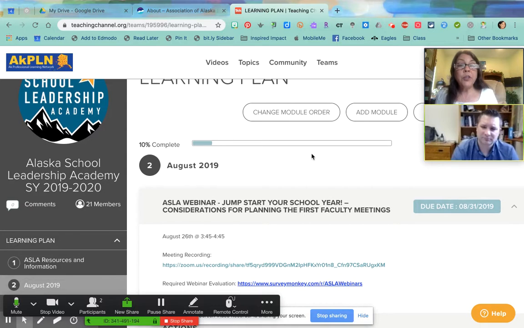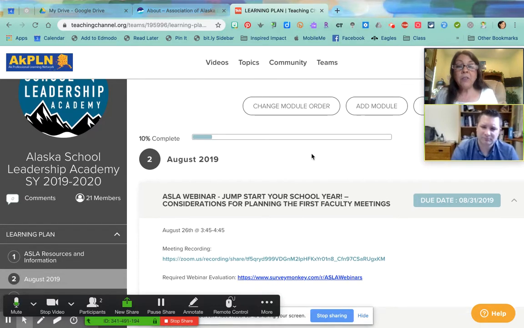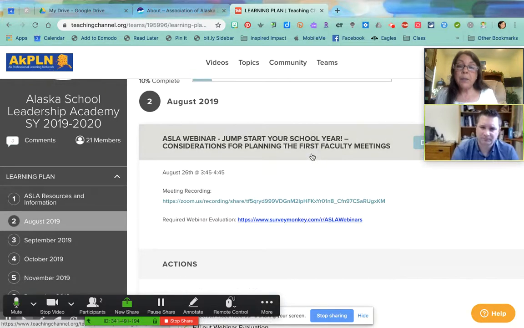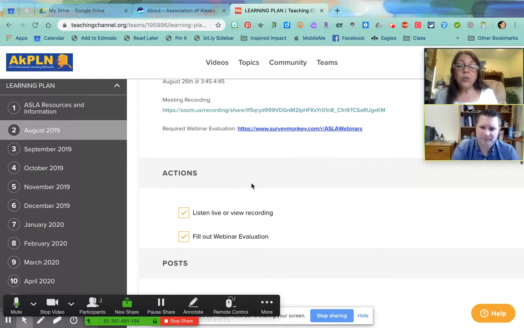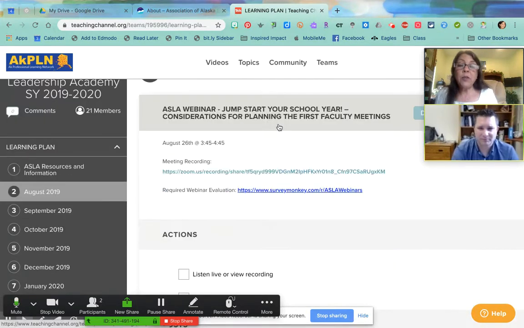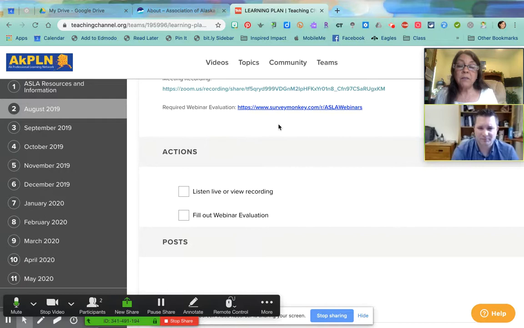So this is for your benefit and also for the facilitator's benefit, so we can see what's been completed. If you don't check those boxes, nothing's going to show up. So I've had a lot of people get really confused, and it says, I know I've done everything, but it doesn't show me as complete. It's only because you haven't checked all the boxes.